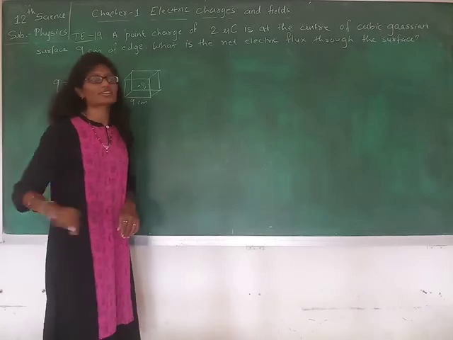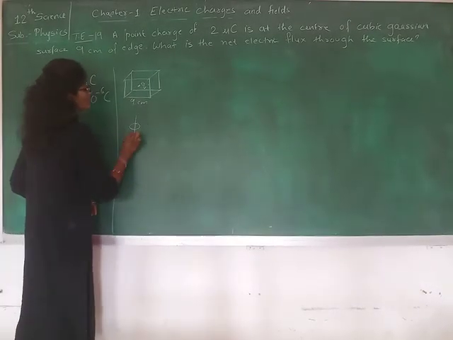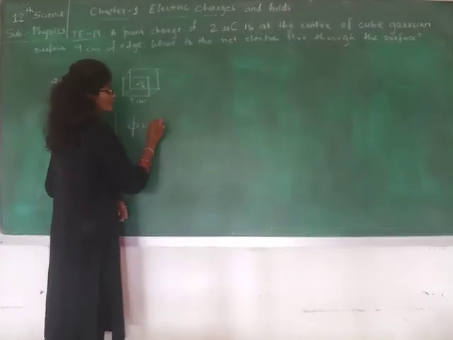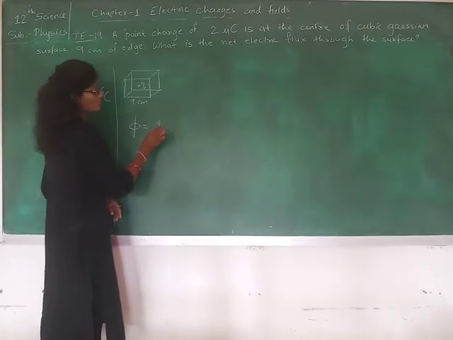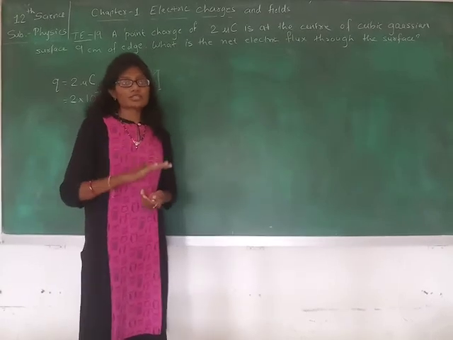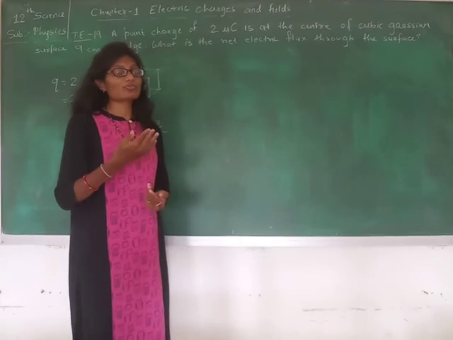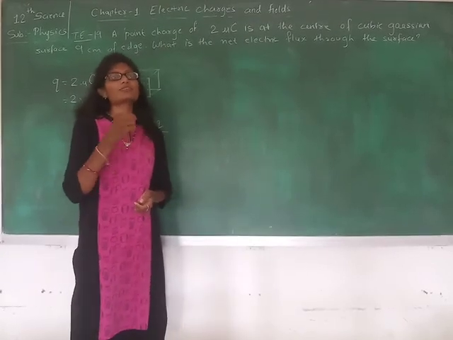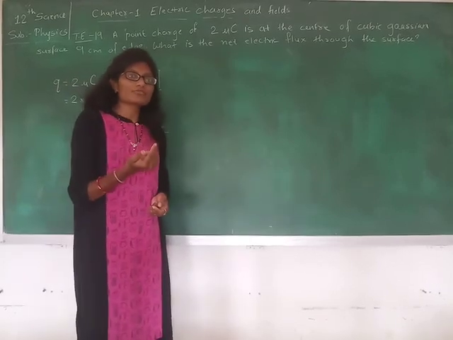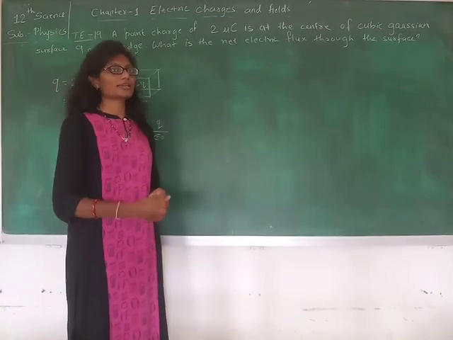What is the net electric flux through the surface? So here we need to find the flux through the whole cubic Gaussian surface. So that is phi equals q by epsilon 0. In the previous numerical we found the flux through one of the faces of the cube, right? There, for the whole cube we took phi equals q by epsilon 0, and we had taken only one face out of all 6 faces. So we had divided that total flux by 6.